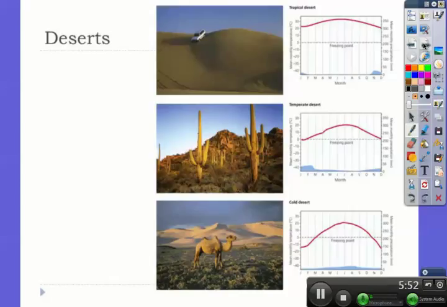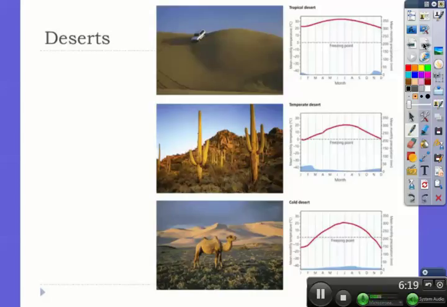So a tropical desert in the UAE, which is the picture up on top, where you see a sport utility vehicle participating in a popular but very destructive SUV rodeo. In the center photo, we've got a temperate desert. This is southeastern California with a type of cactus. And then the bottom photo is a cold desert, which is in Mongolia. That's the Gobi Desert, where these Bactrian camels live.